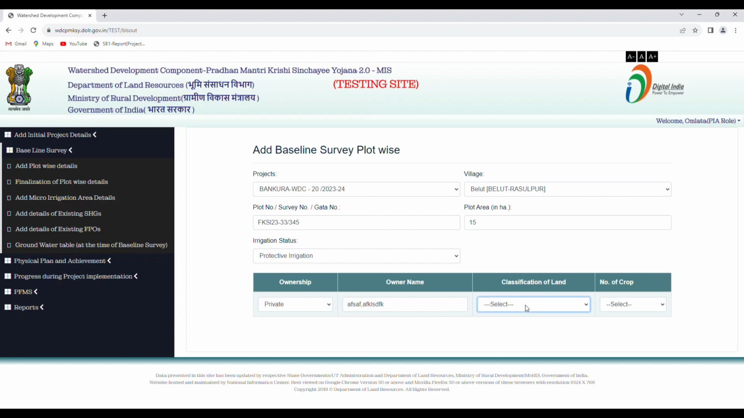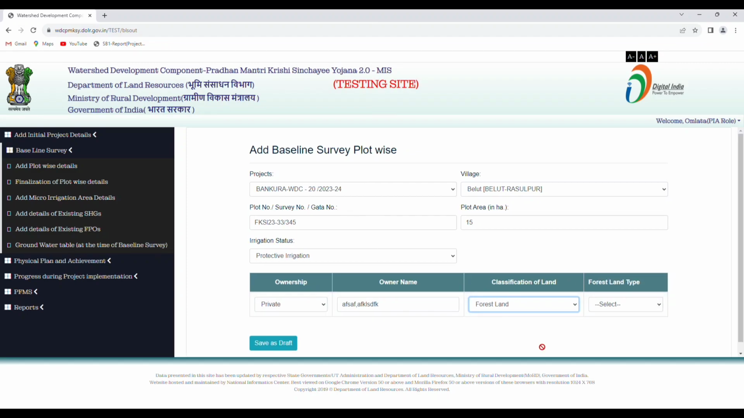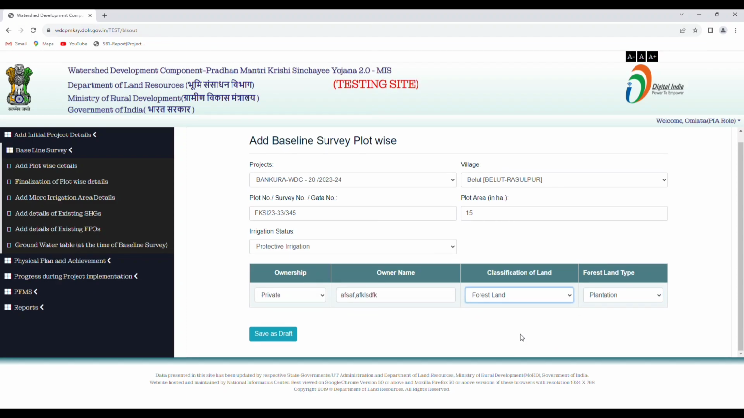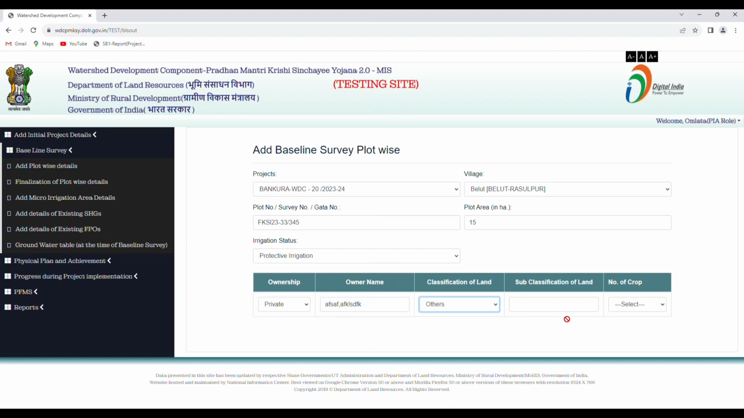Select the classification of land from the drop-down menu. There are cultivable, degraded, rain-fed, forest land and others. If you selected forest land, you must describe the type of forest land, either plantation or no plantation. If you selected others, you must define the subclassification of land. If you select the rest of the options,